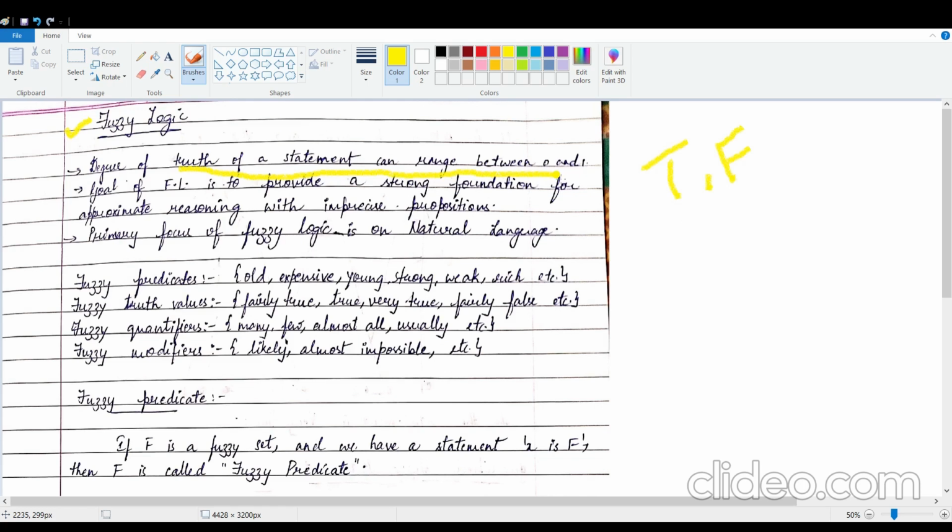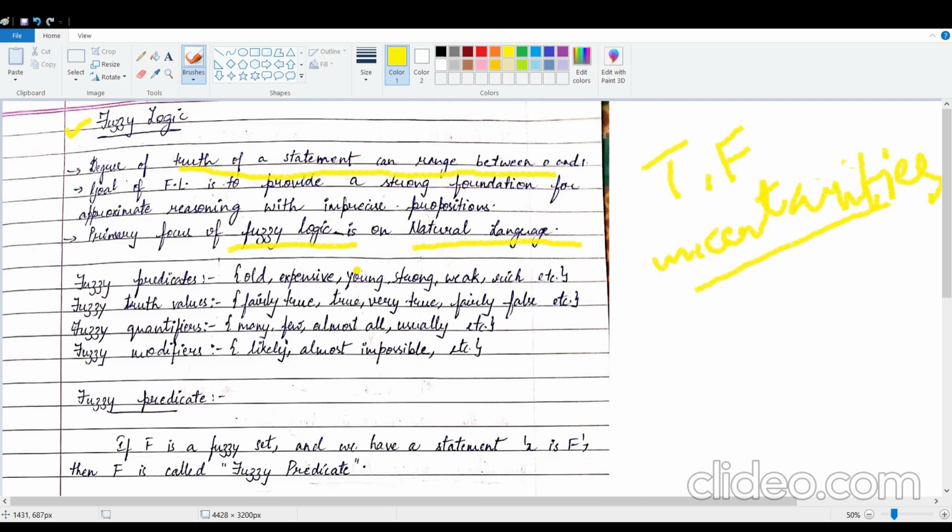As I already told you, the main goal here is to understand the uncertainties that we have in propositions. So that is the reason, and this is the main reason why we are trying to study fuzzy logic. Just like in predicate logic or propositional logic, we mainly focus on natural language here. So whatever degrees of truth you are learning, you always learn them with respect to some sort of English